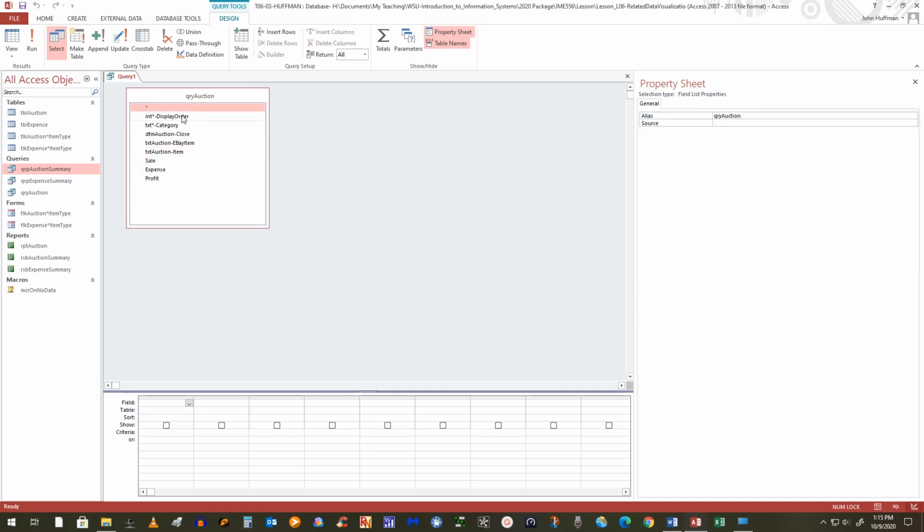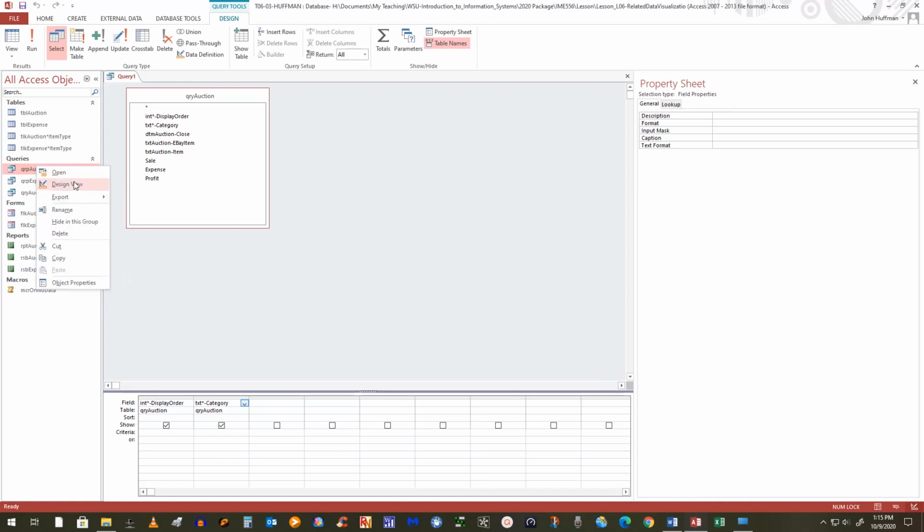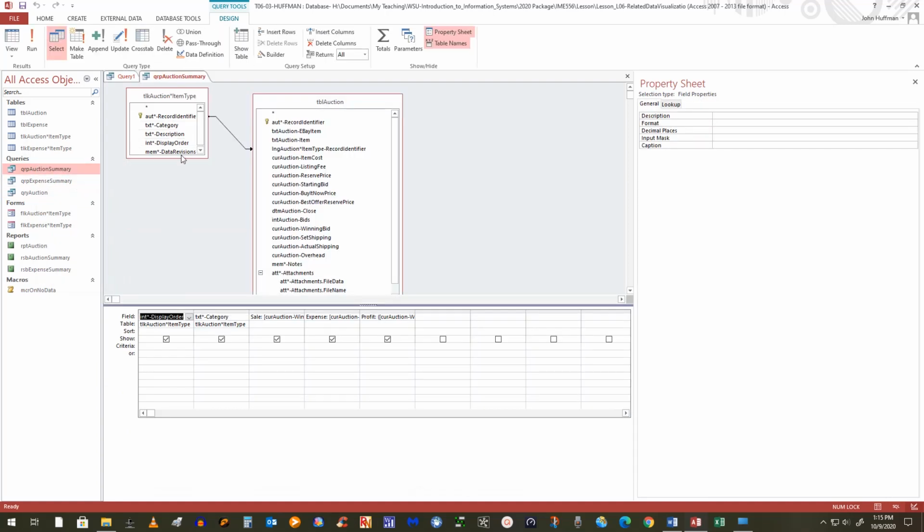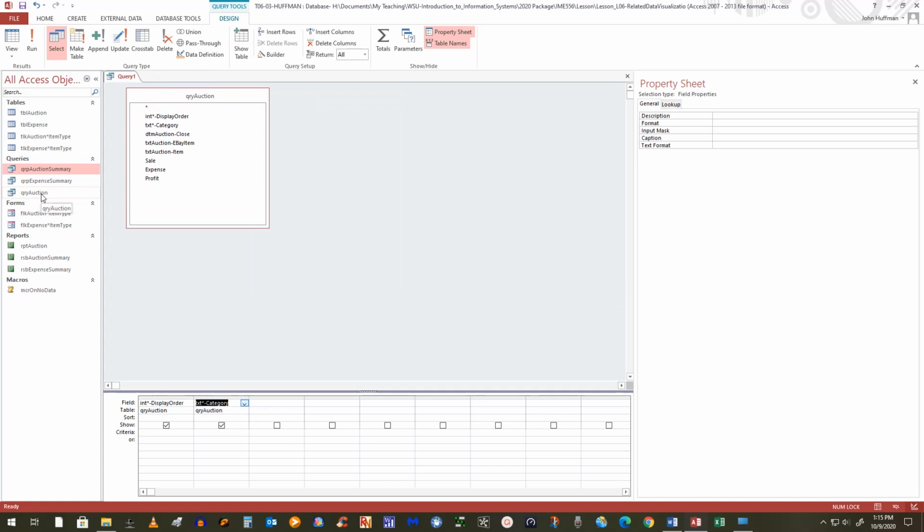Okay, so again, I had display order in here, and I had category, and let me go back and look again. What did I do in that one originally? I'm looking at the display order, the category, the sale, the expense, and the profit. That's it. Okay, so they're all in there, and so I could take the sale, the expense, and the profit,